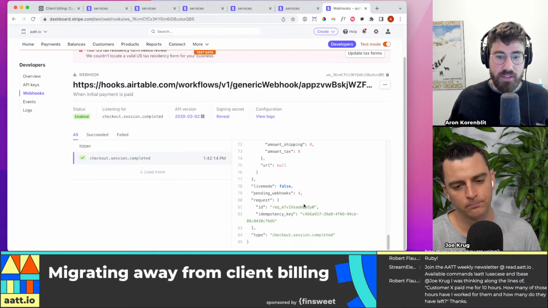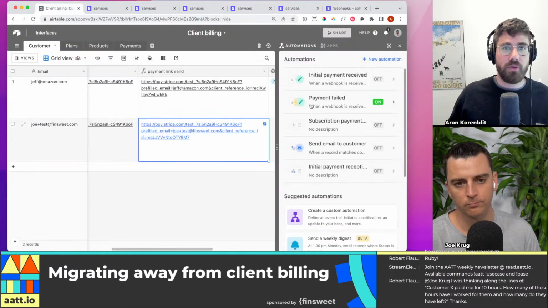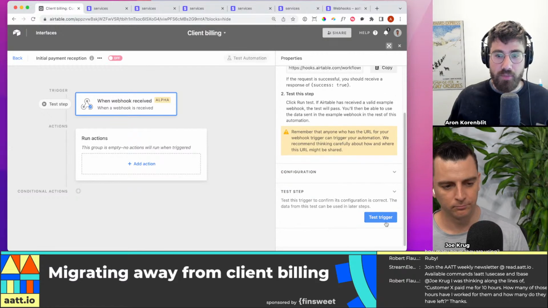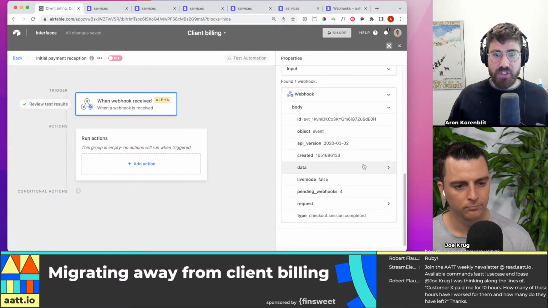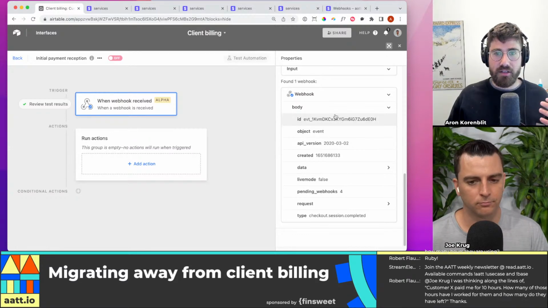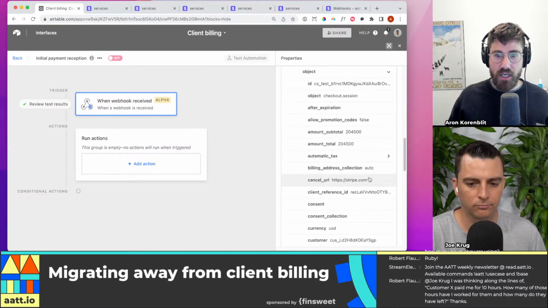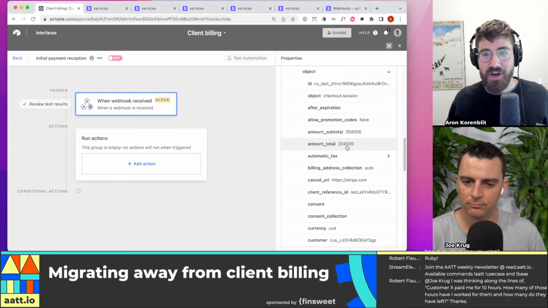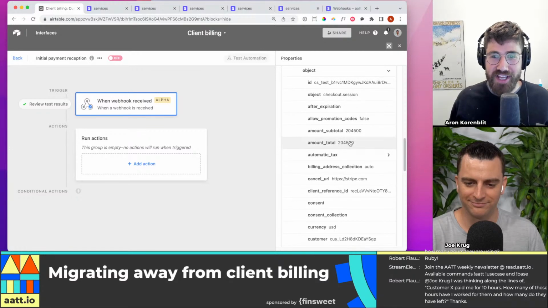What we want is to send this information over to Airtable. So I'm going to go here, go to initial payment received, and test the trigger. And it's like, oh yeah, okay, me and Stripe just had a conversation, right? And it's the exact same thing. It said, okay, here's what I got. I got this data. It's in this object. They told me that this person paid 204,500 cents. For some reason, it's in cents, but I'm sure there's a good reason for that.